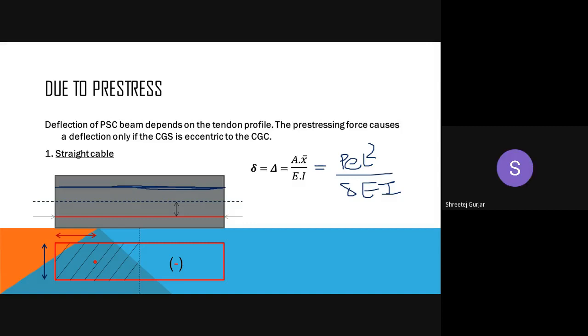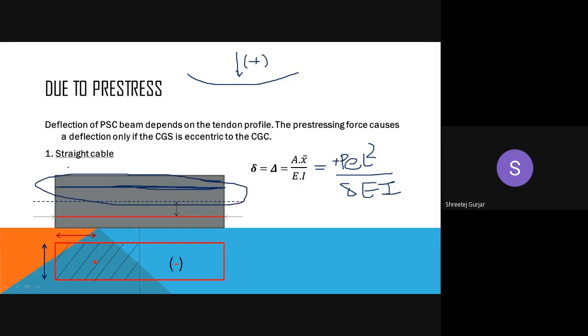You are confused between sagging and hogging. Answer whether it is sagging, right? So answer whether it is upward deflection or downward deflection. Downward, sir. Downward deflection. It will cause your beam to sag. It will cause downward deflection. So as I've told you, downward deflection we will consider as positive. So this will be positive in this case.